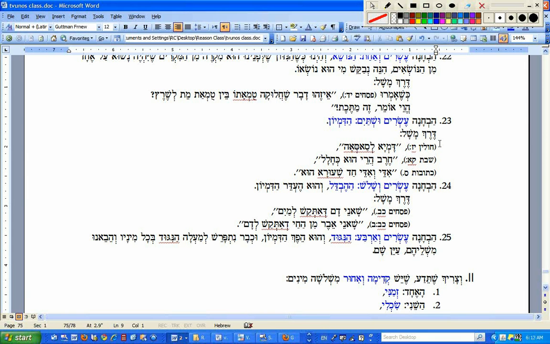Havchana esrim v'shalosh is called the hevdel. V'hu hefech hadimyon. The hevdel, which is the difference, is the lack of what makes things dissimilar, not what makes them similar. Derech mashal, shani dam d'ikishlamaya. Blood is different, has a different din because it has a hekesh. What makes it different? What's the hevdel between blood and water? Because it has a hekesh to blood and other liquids. It's different because it has a hekesh to water and other different stuff. The other liquids don't.